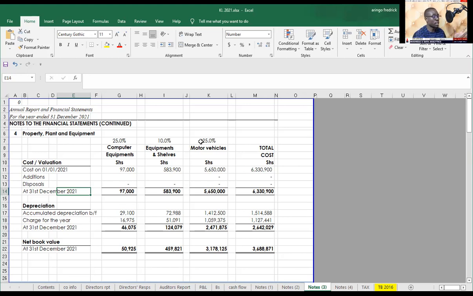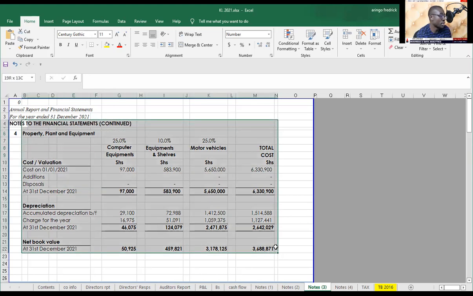So you'll find that this is how we're going to prepare our wear and tear allowance schedule, that is practically PPE and equipment, so that this is whatever the organization is preparing in terms of their property, plant, and equipment movement schedule, which I believe you had studied in your financial reporting or in your financial accounting. Now, for tax purposes, assuming you had used a different rate here,